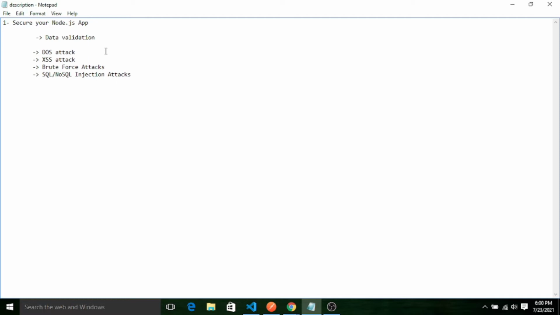If this kind of attack is happening with your project, your application will be very slow and it may also crash your server. So let me show you how we can prevent this in your Node.js application.